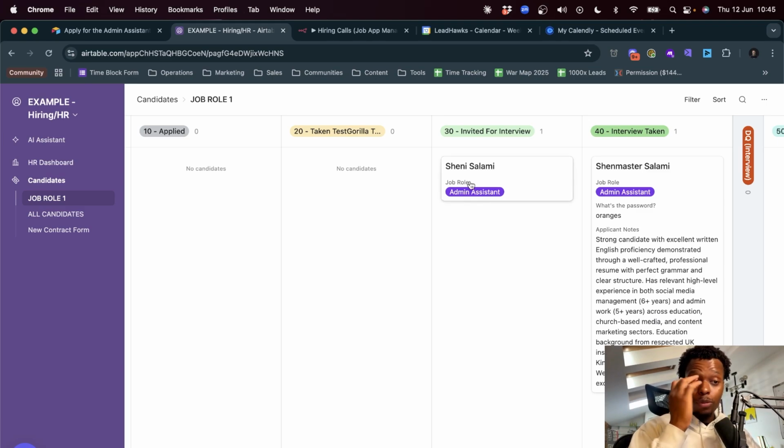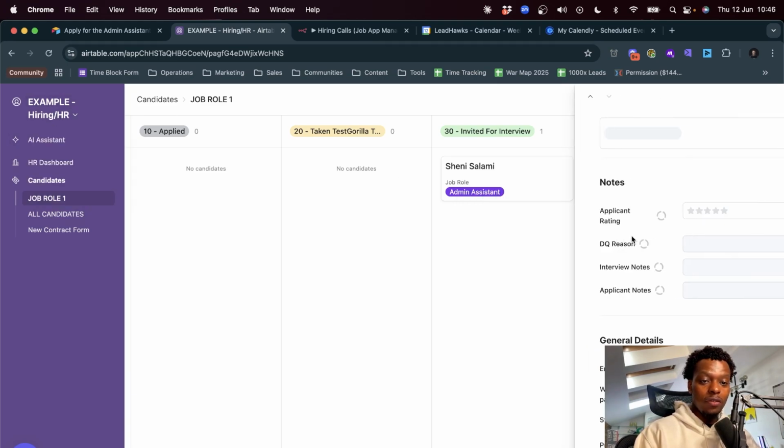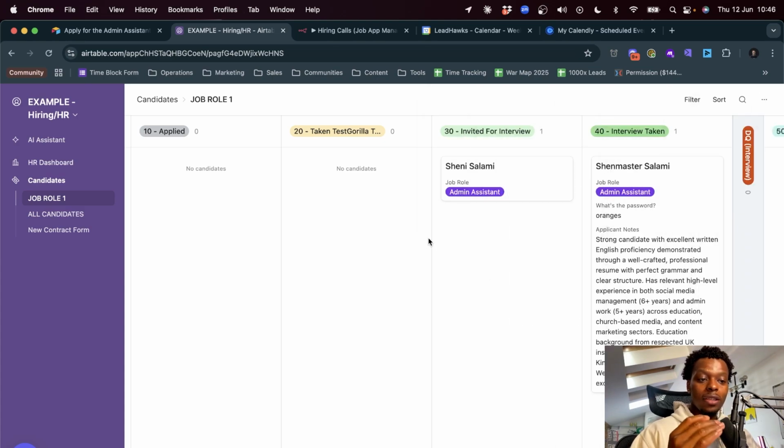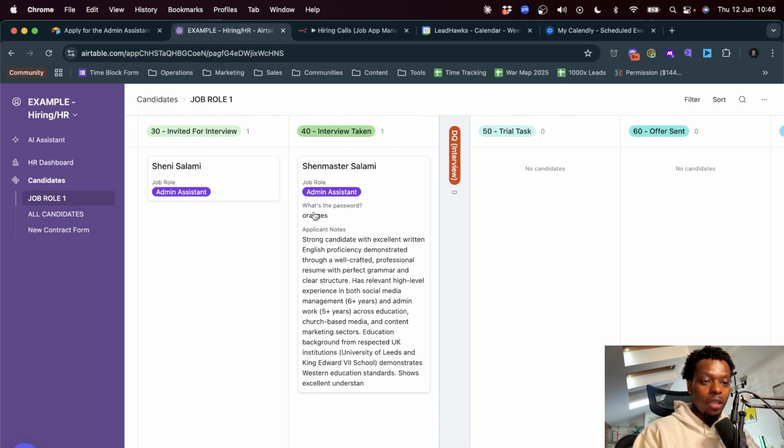But once the interview request has been sent and they book a call, you will see them pop up inside of the interviews table. And then once they've popped up inside the interviews table and the interview has been taken, because they didn't get marked as DQ for doing anything stupid between the time that they booked the interview and the time that they took the call, or the call wasn't cancelled, because they didn't cancel it on anyone's behalf or whatever it may be, and the call was in the past, i.e. the call's been taken, then it will move over here